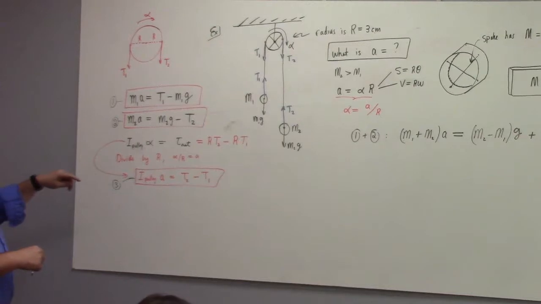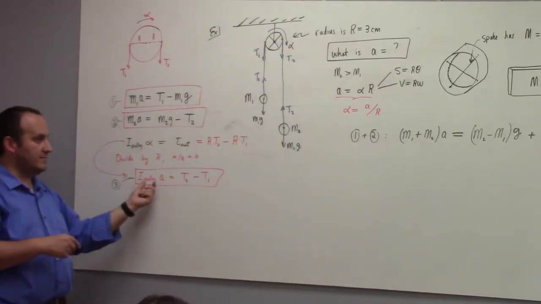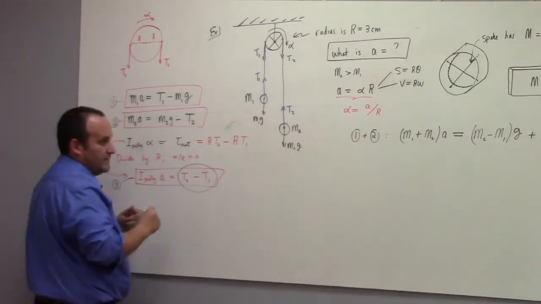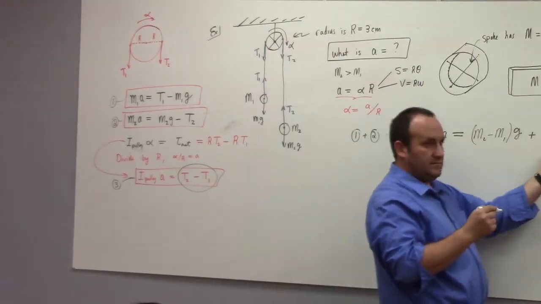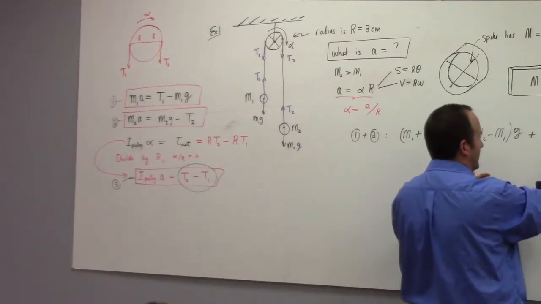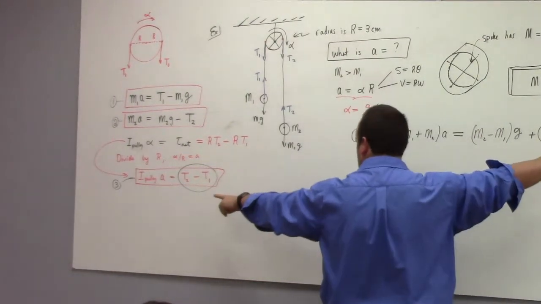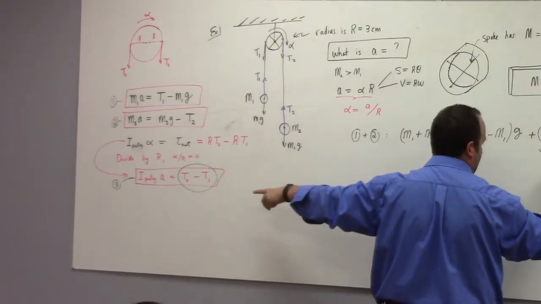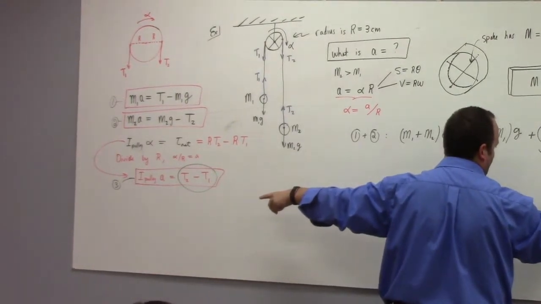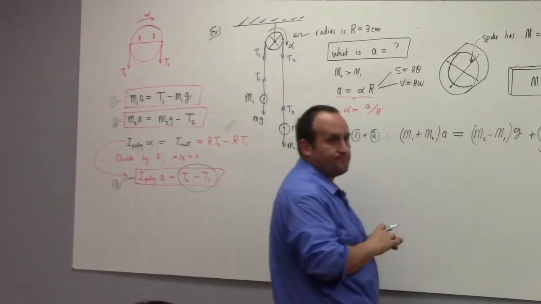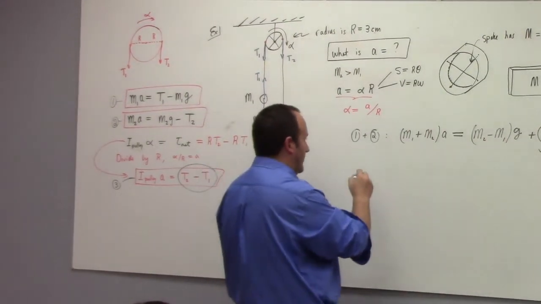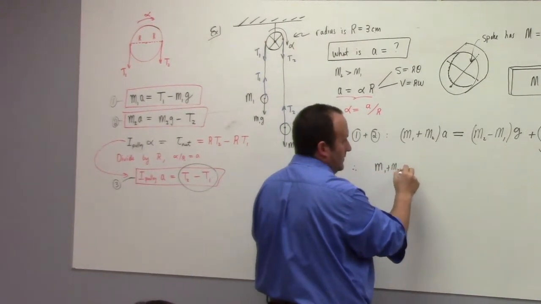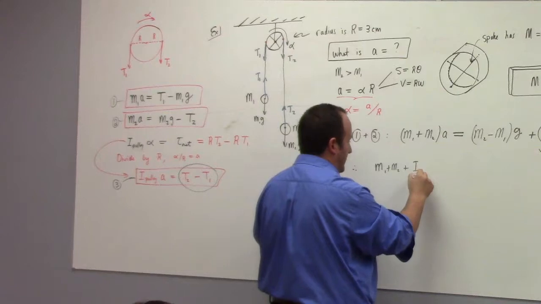Okay. Oh, but look at this. Then we can trade. That's almost this, isn't it? See that? This is actually then going to just be minus the moment of inertia for the pulley times A by equation 3. So therefore, M1 plus M2 plus the moment of inertia for the pulley